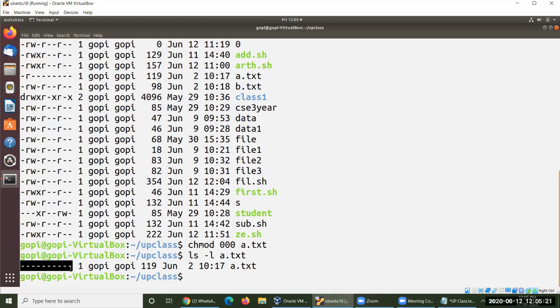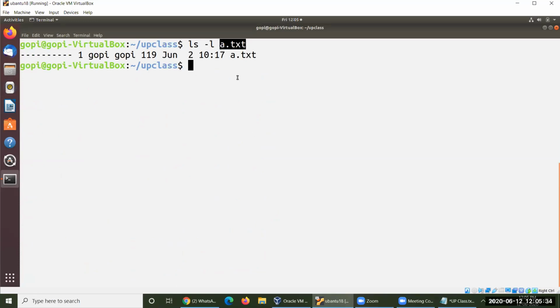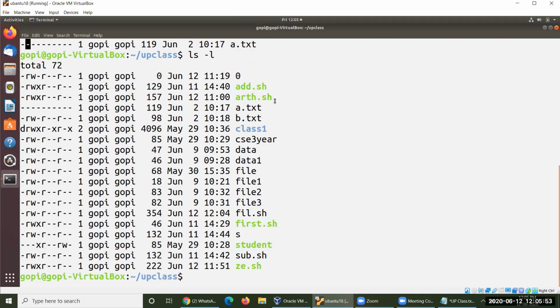We will check whether a.txt exists or not in the present working directory. As per our program, we will check whether a.txt exists or not. If it exists, then check whether it is a file or not. If it is a file, then whether read permission is there for this particular file or not. These are the operations we did in our program. So probably our program name is, I forgot the program name. What is that program name?